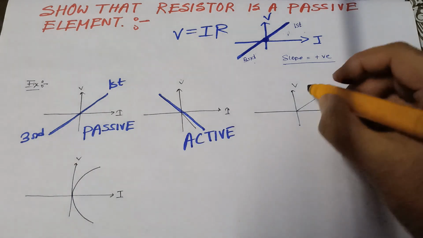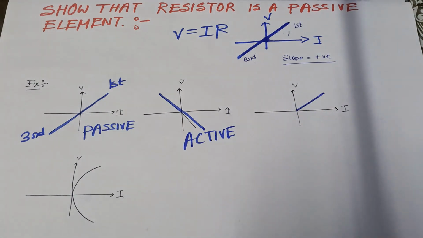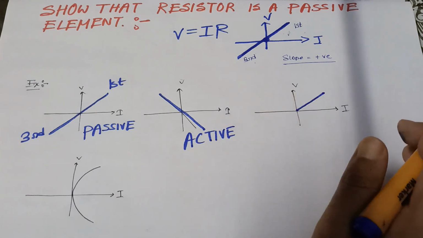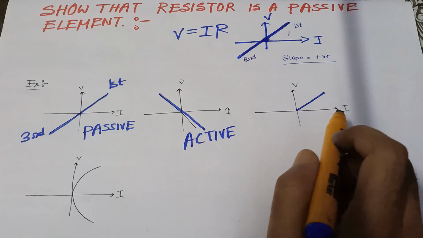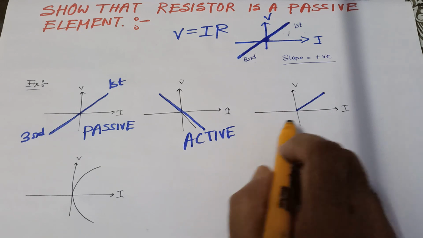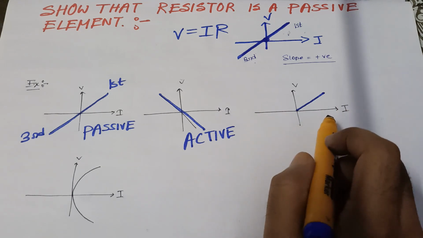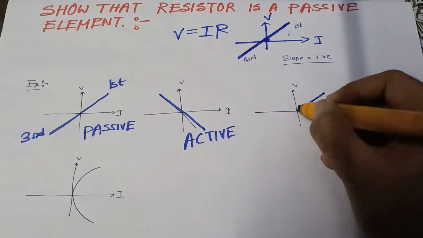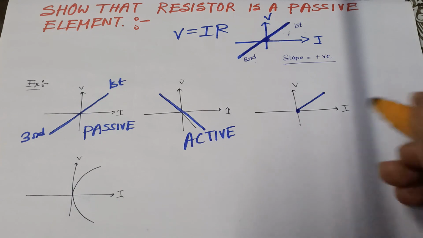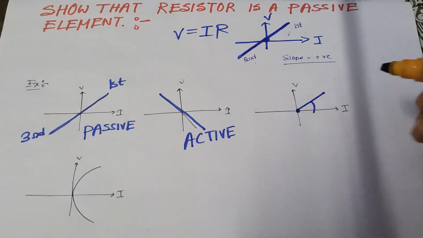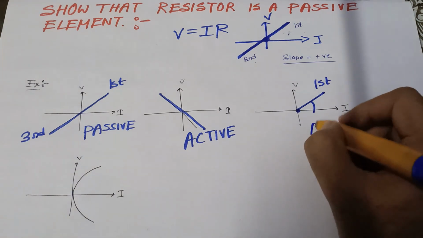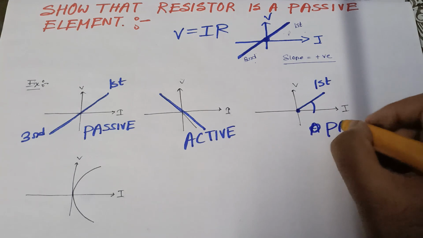In this case, see, there is no part of the graph in the negative side, okay. I don't care, because in case of active and passive there is no such condition that the graph should be continued for all time. It can be discrete. So in this case the graph may start from 0 also, there should not be any negative part. Still the slope is positive. Why? Because it is lying on the first quadrant. So if the slope is positive then it should be a passive element.